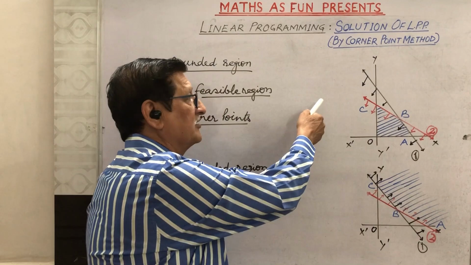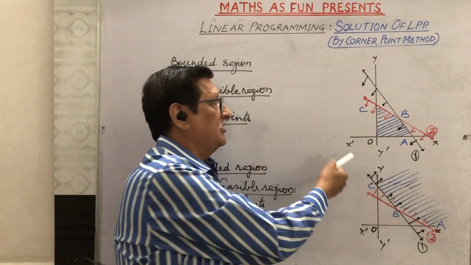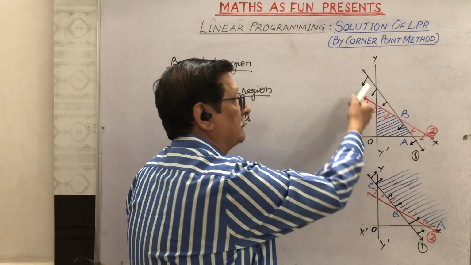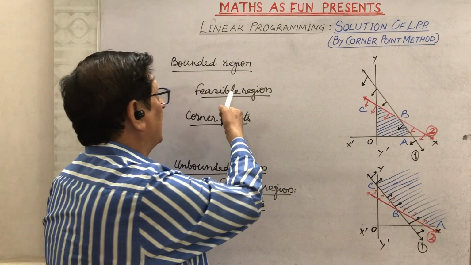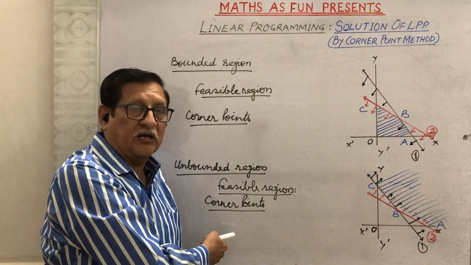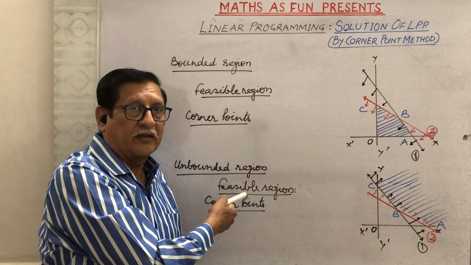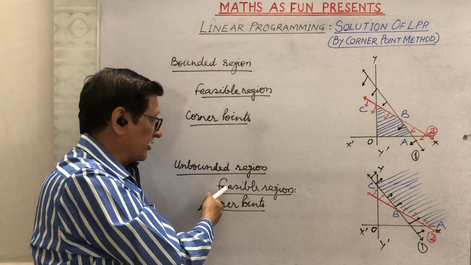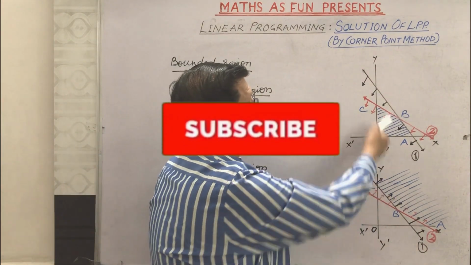Here we will be having some constraints, some linear inequations. Suppose we draw the diagrams of them on the graph. Here we find that two types of regions we can have for the two or three inequations. That may be a bounded or an unbounded region. What is the meaning of bounded region? Suppose this is the